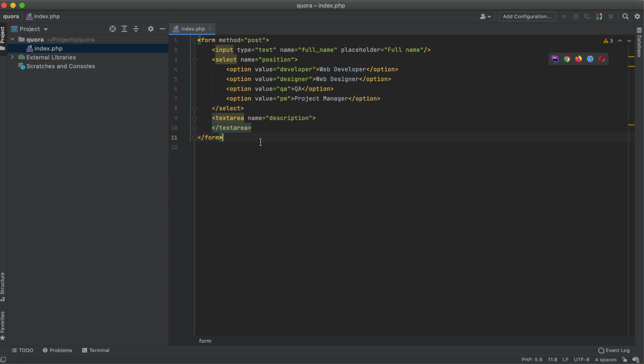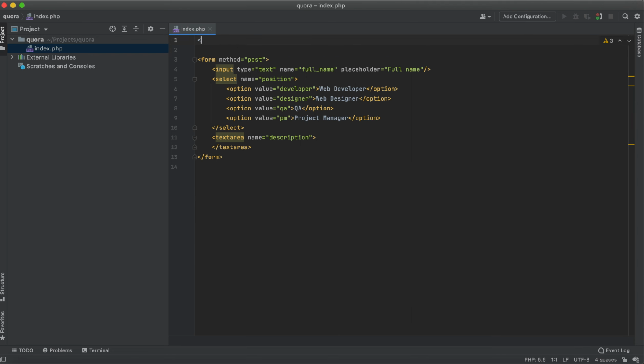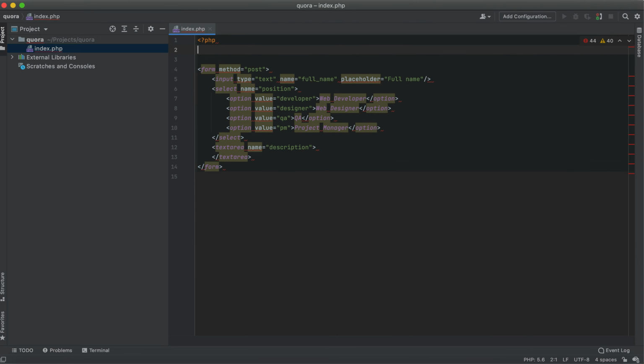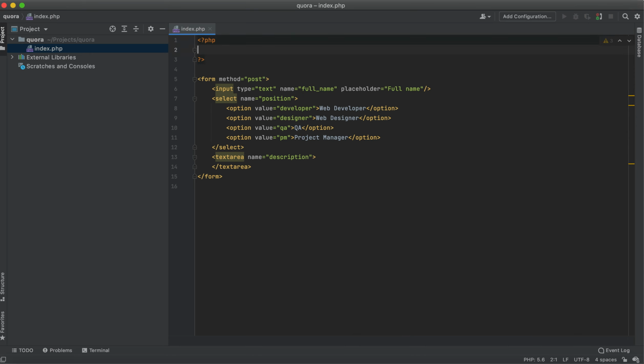Now we want to get them with PHP. So what we can do is to write some PHP code to handle that form. We want to get these three fields from the form, and we're going to define